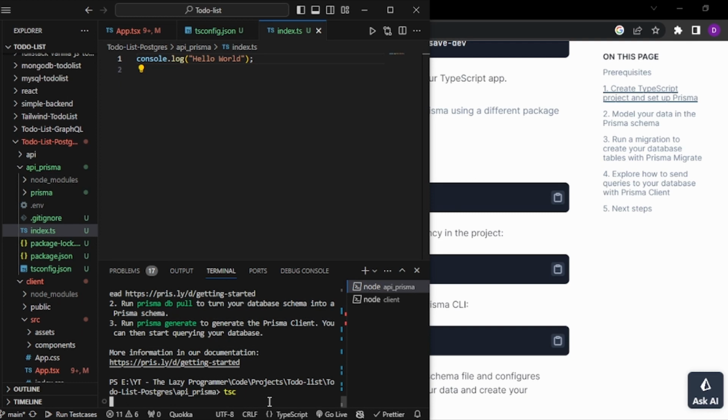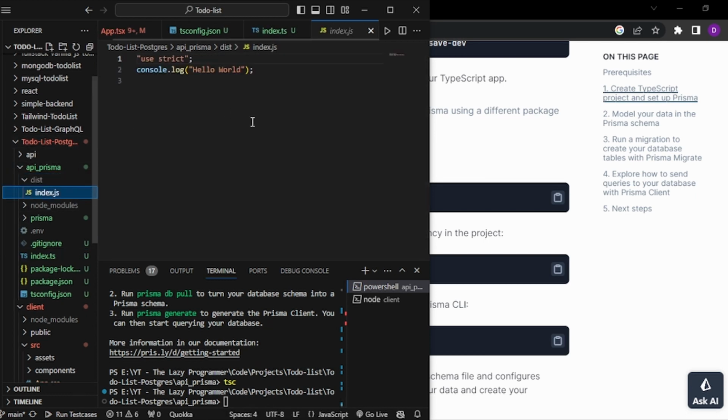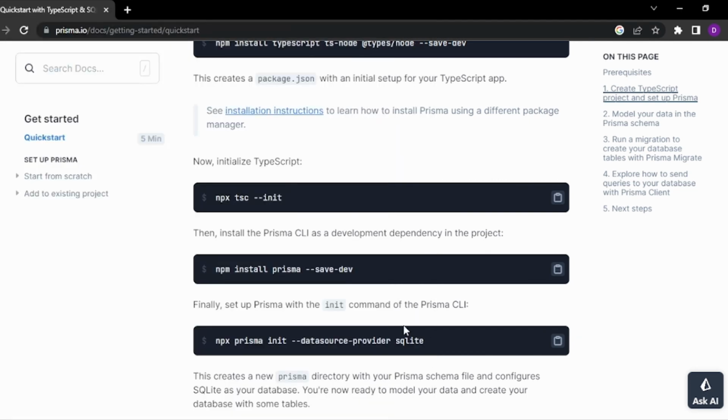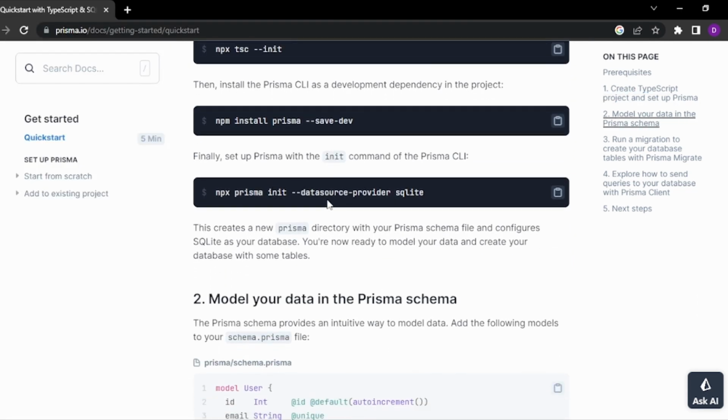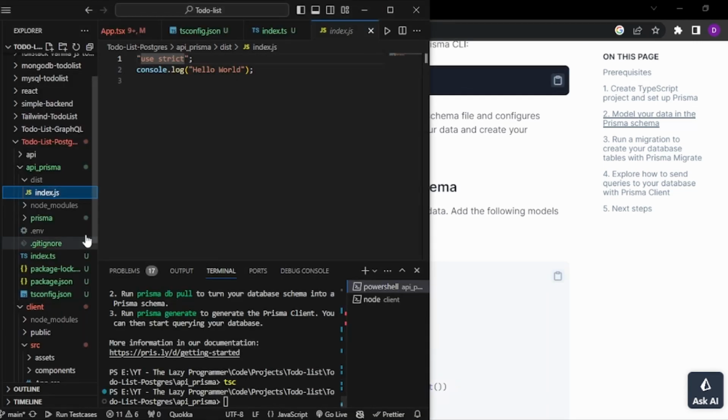we will see that it creates a dist folder, and inside we will find the index.js with the hello world. So we have a dist folder and here we have index.js, which has basically the same thing, hello world. All our TypeScript code will be transpiled and kept here, and from this index.js we can run our app. Okay,